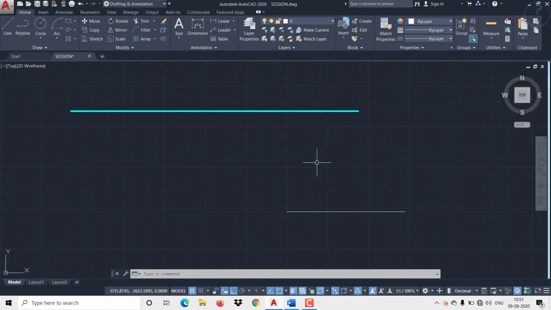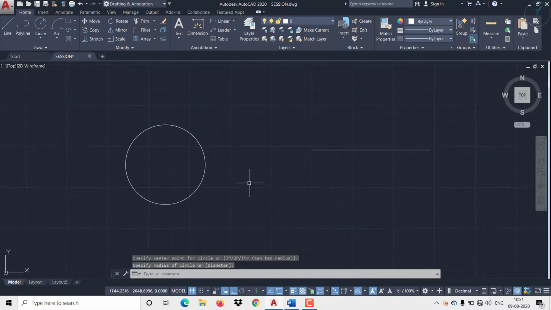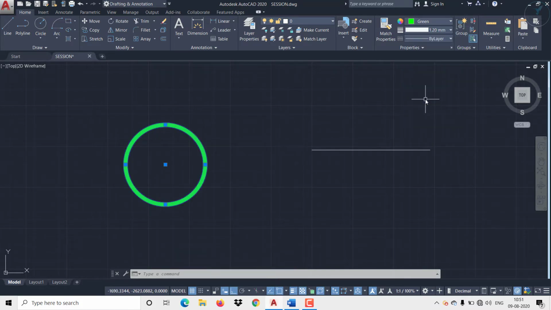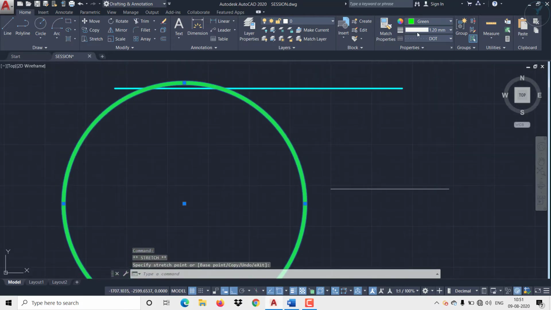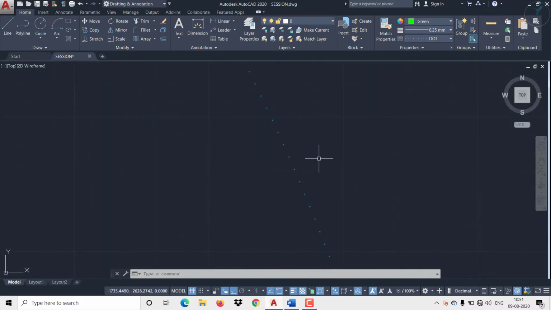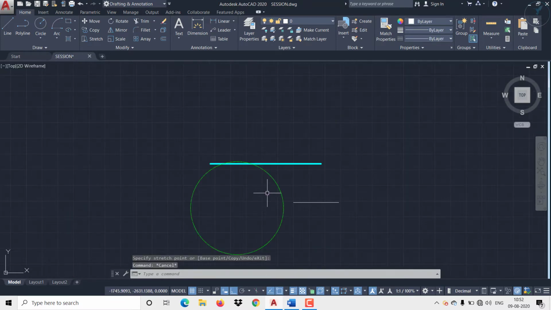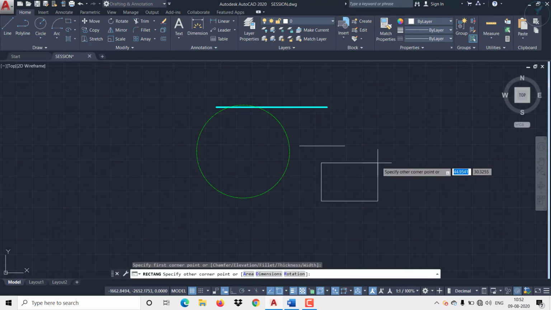Fine. Now the same thing you can apply for a circle as well. Suppose I want to apply the circle a different color, different line weight and different line type. Now I'm just increasing it. I think because of this thickness, you can't see it properly. Now you can see the changes. Like this way I can apply property to any object, either it can be a rectangle